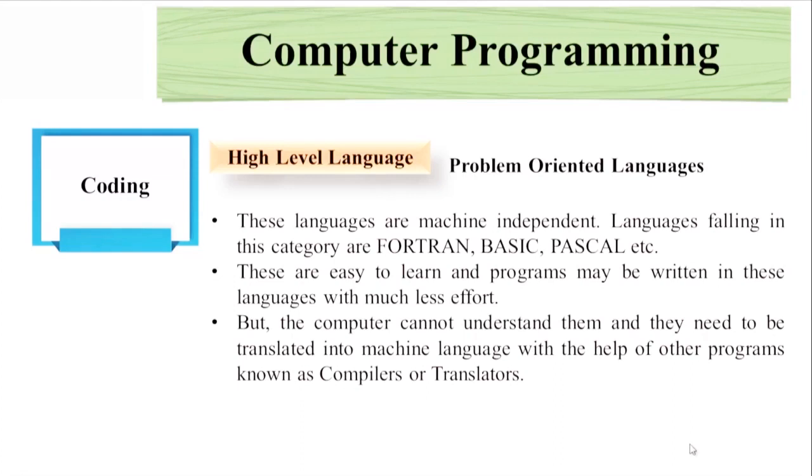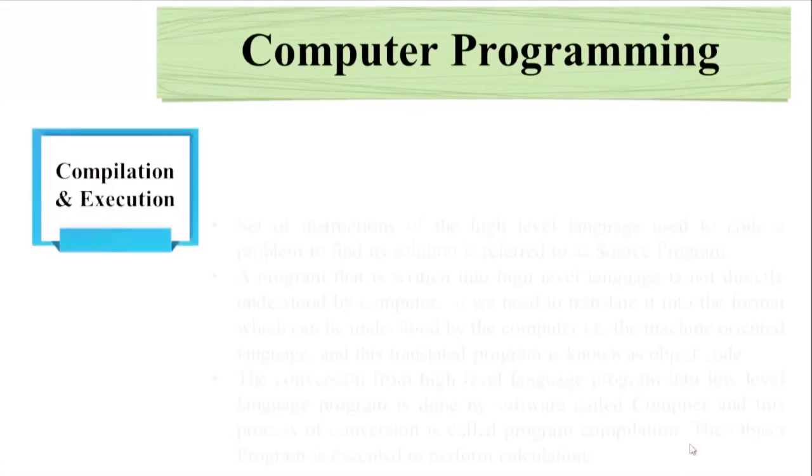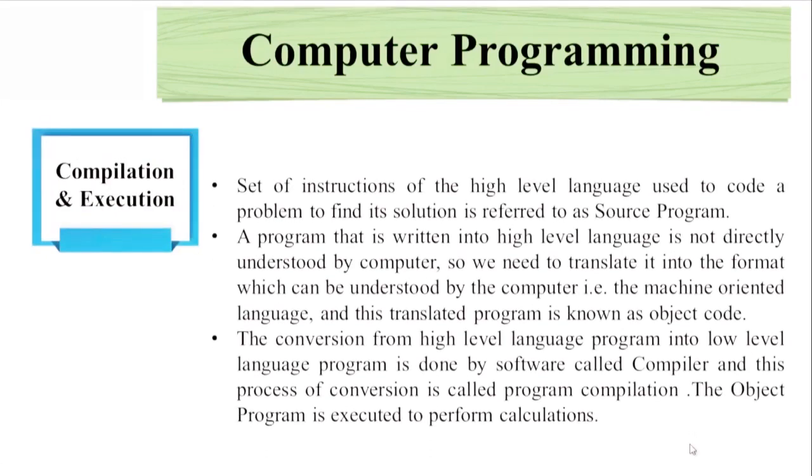These are easy to learn and programs may be written in these languages with much less effort. But the computer cannot understand them and they need to be translated into machine language with the help of other programs known as compilers or translators. Compilation and execution. The set of instructions of the high level language used to code a problem to find its solution